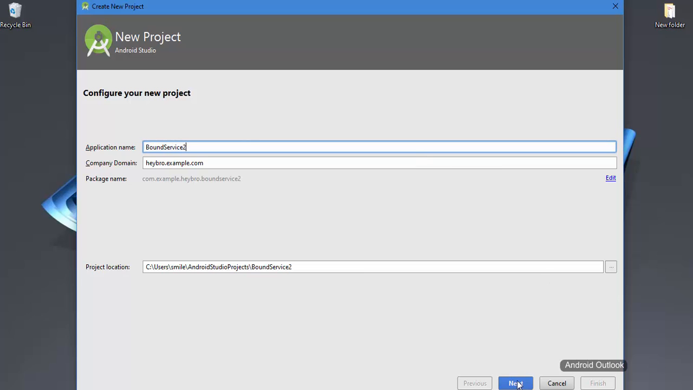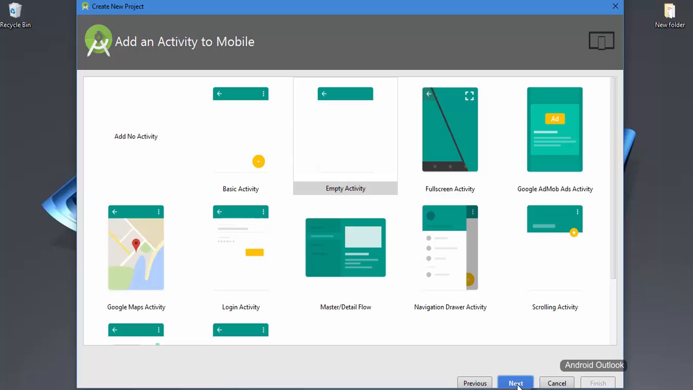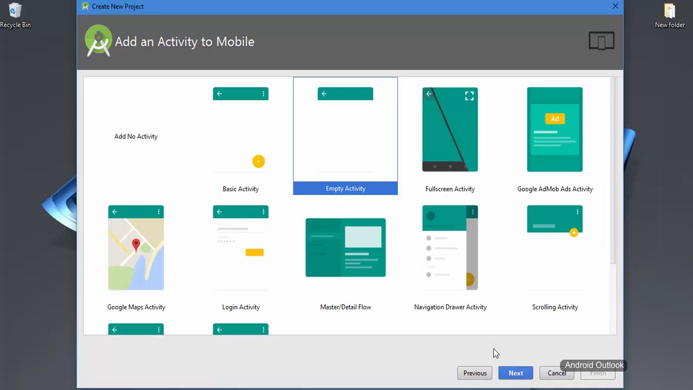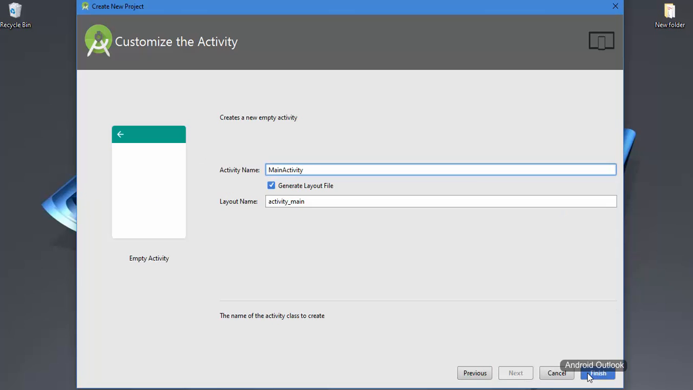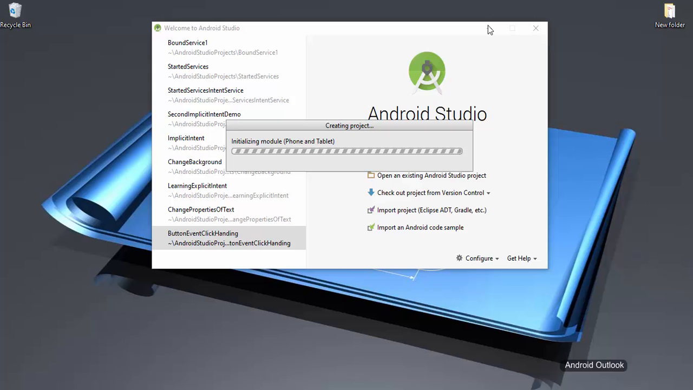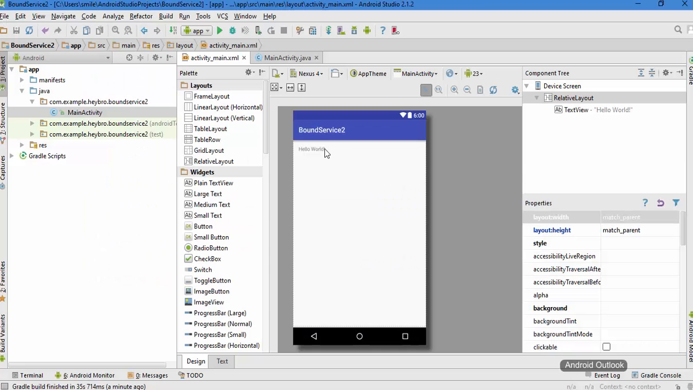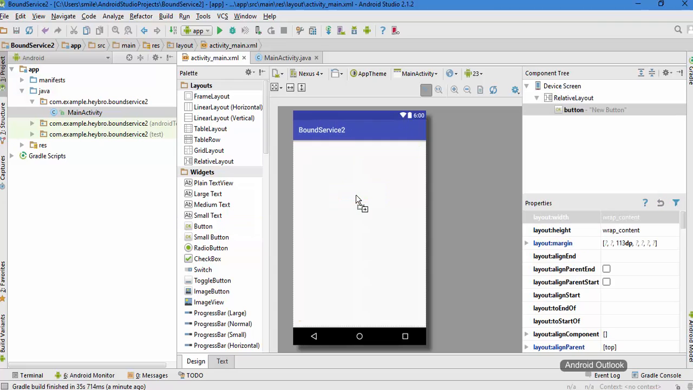Hit next, and then hit next. Choose empty activity and hit next, and finally click finish. Android Studio is going to create the project for us. At first, I want to delete this text view by pressing the delete key, and then I want to drag a button and rename it as